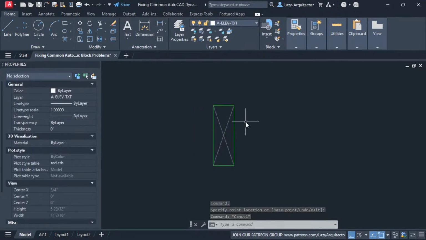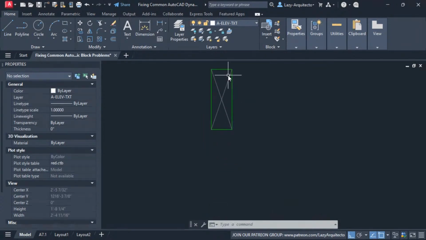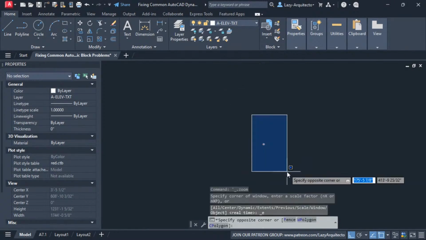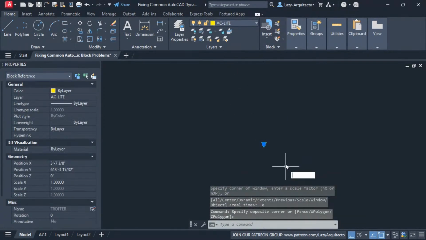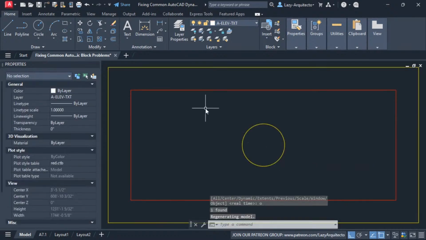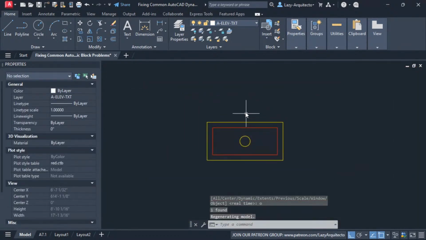And before we go with the next dynamic blocks, the next problem, which is going to be this other block right here. Okay, so let me go to the chat and see if you guys have any questions before we keep